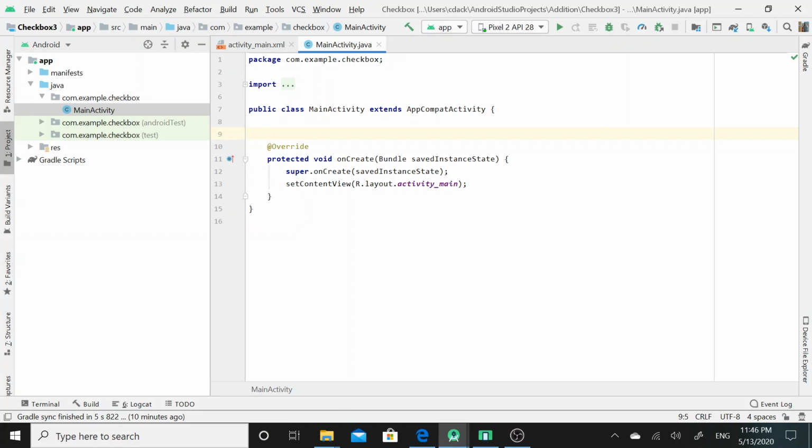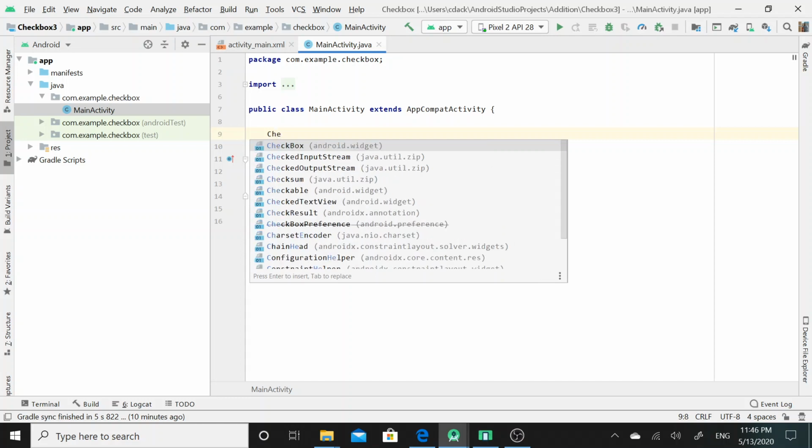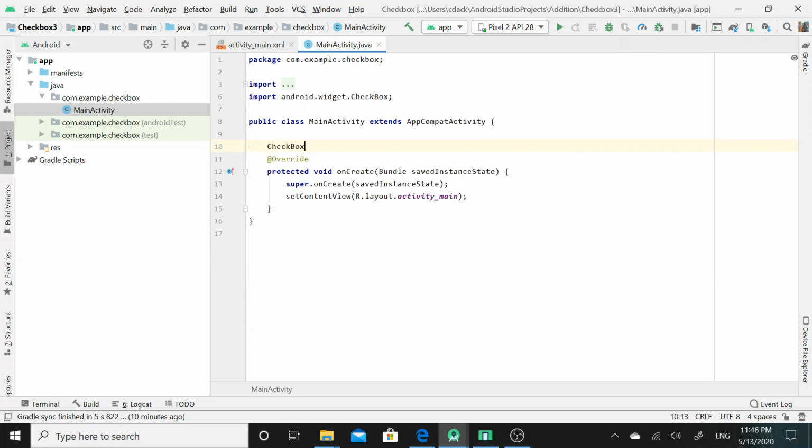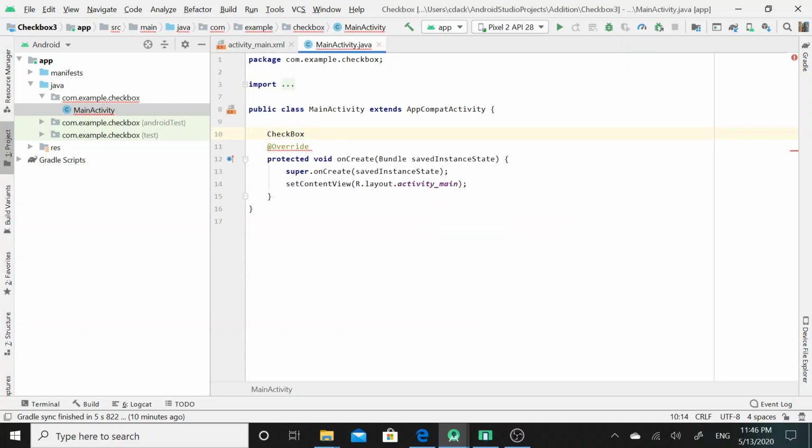So the class name for the checkbox UI widget is CheckBox, and this class is present in the android.widget package. So the first reference I will set here is checkbox_pizza for the pizza option. Then next checkbox_toppings for the toppings option,